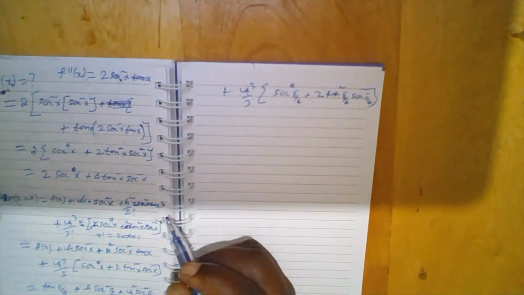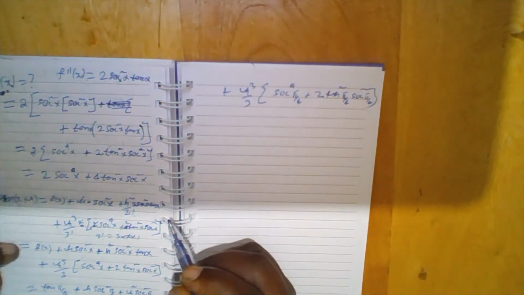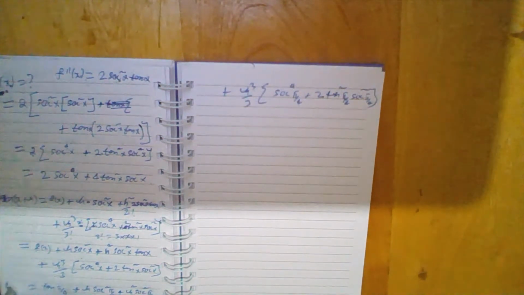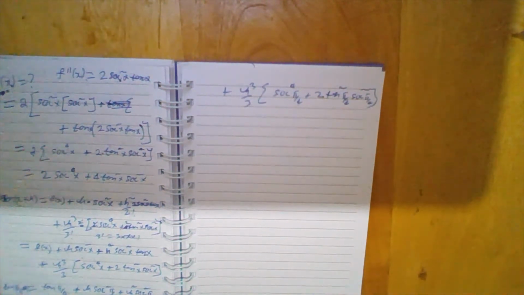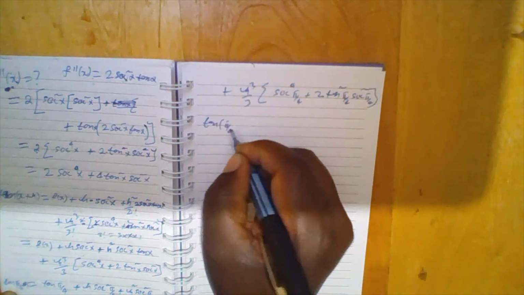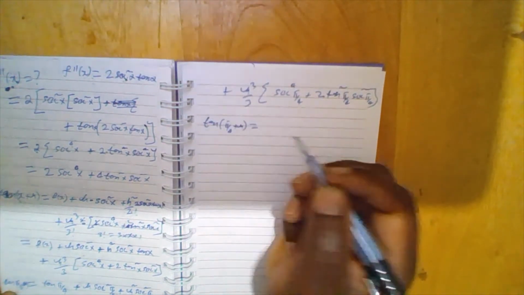So remember now this is tan pi over 4 plus h, so we have tan pi over 4 plus h now equals to,